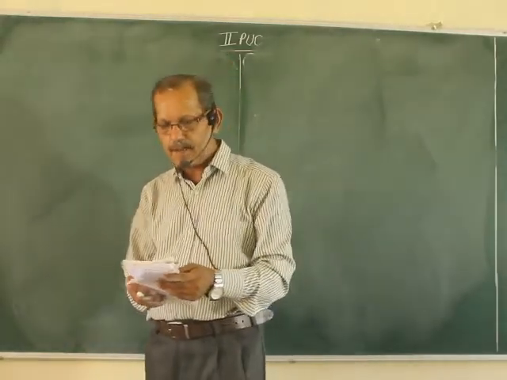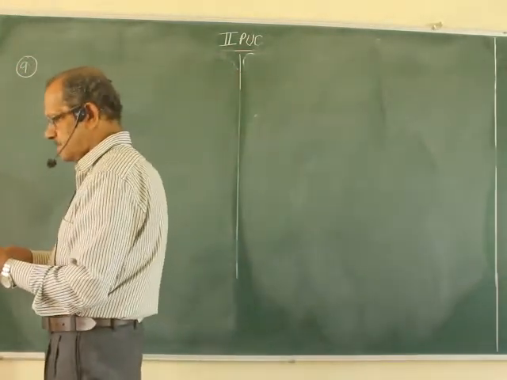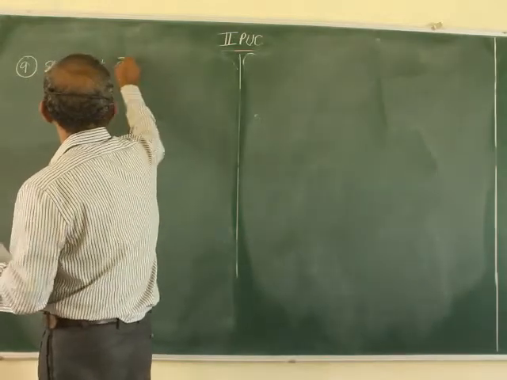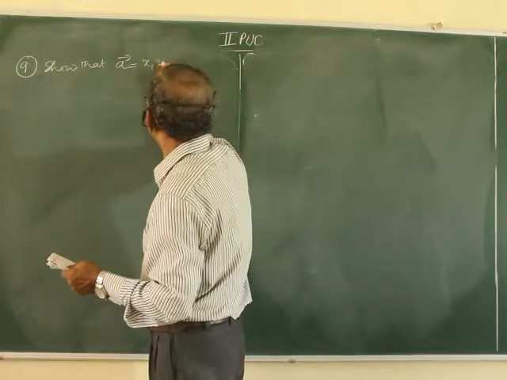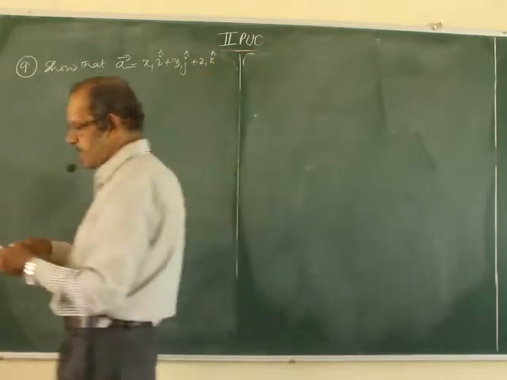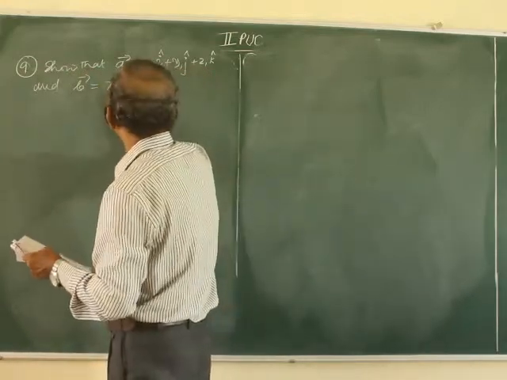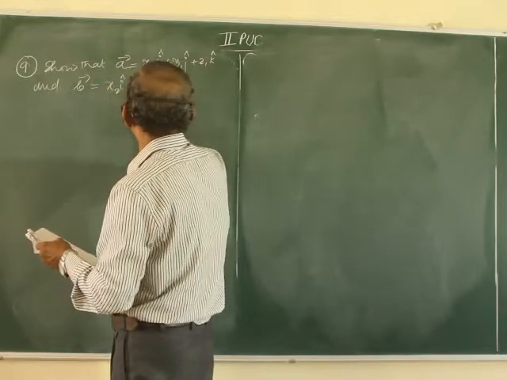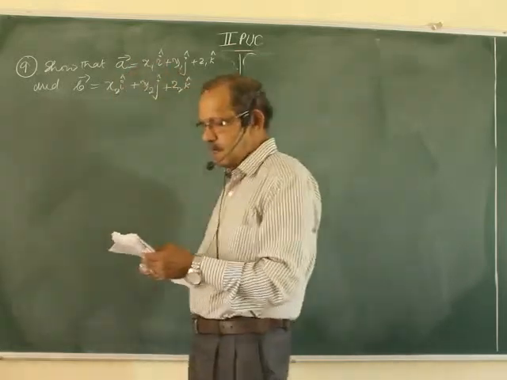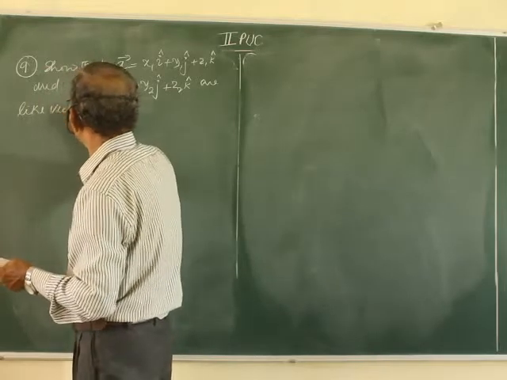Next problem, problem number 9. Show that A equal to x1i, y1j, z1k and B equal to x2i plus y2j plus z2k are like vectors